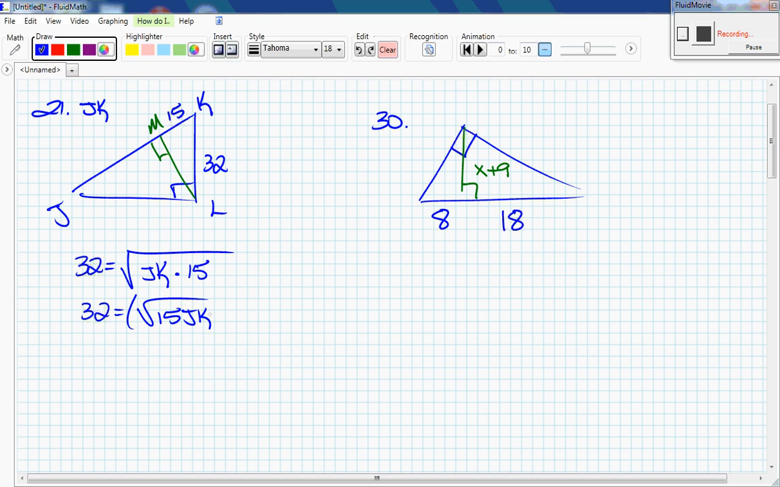To get rid of the square root, we do the opposite. We square it. We square 32. When we square 32, we get 1024. Here, the square cancels out the square root, leaving us just 15 JK. When we divide by 15, JK is equal to